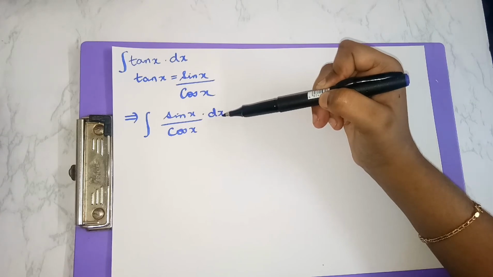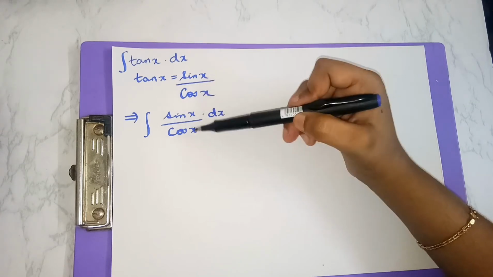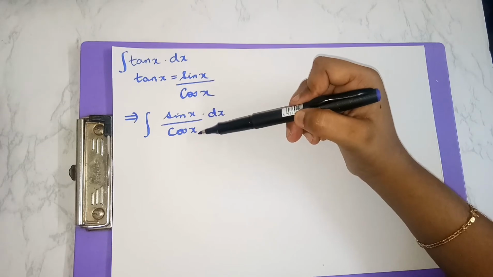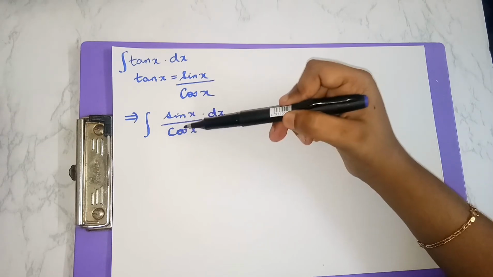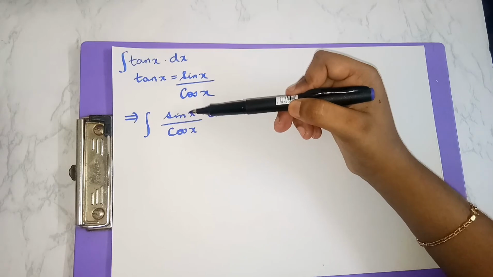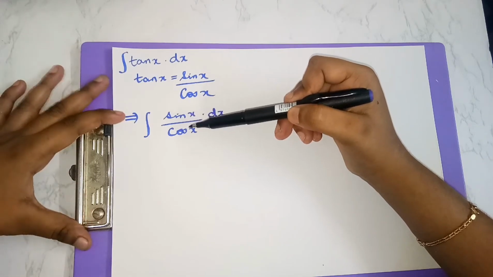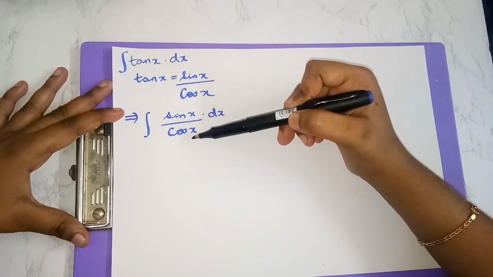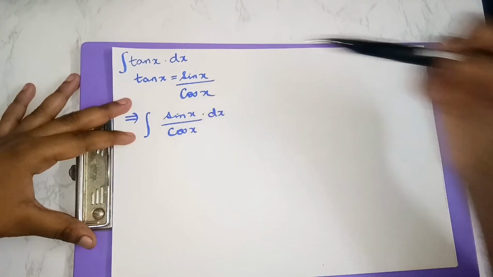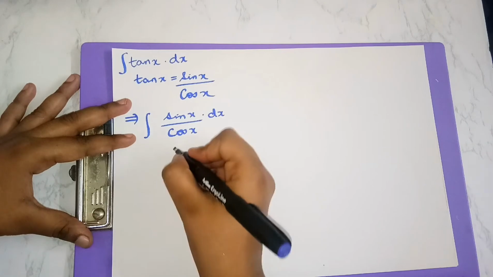The next step is that we know that the integral of cos x is sin x, and since the sin x term is given in the numerator, by the method of substitution, we are going to solve the rest of the sum. So we will consider let cos x be equal to t. Doing so, we get